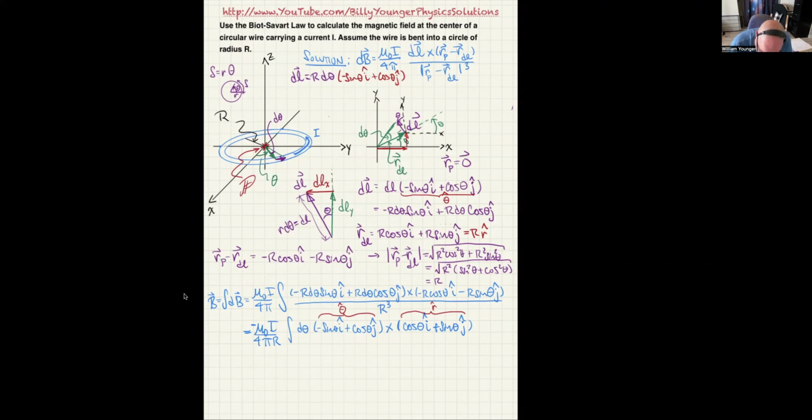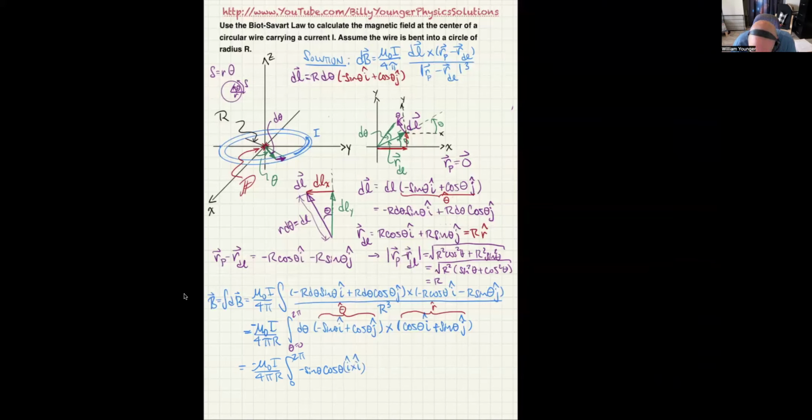Technically, I am integrating from theta equals 0 to 2 pi. So I'll just put that in. I meant to put it in blue, but that's good enough. Now I'm going to say negative mu 0 I over 4 pi r times the integral from 0 to 2 pi. Now I'm going to do the FOIL method with the cross product, and we get sine theta times cosine theta times negative. So it's negative sine theta cosine theta, and then it'll be i hat cross i hat,